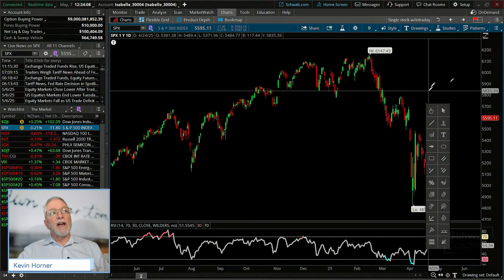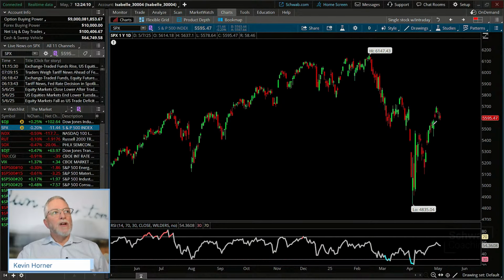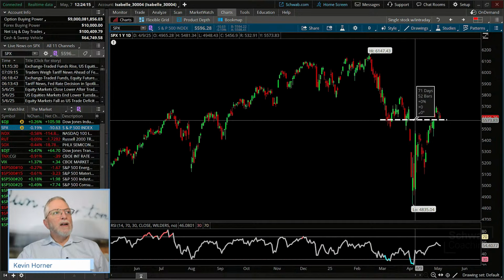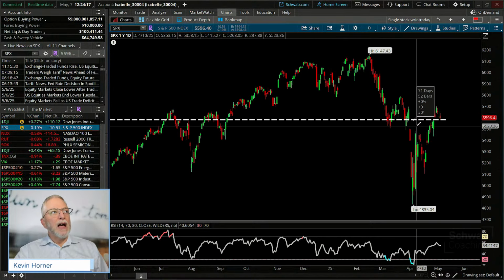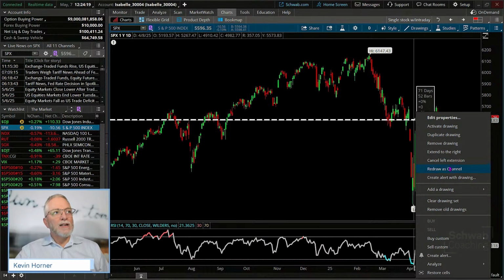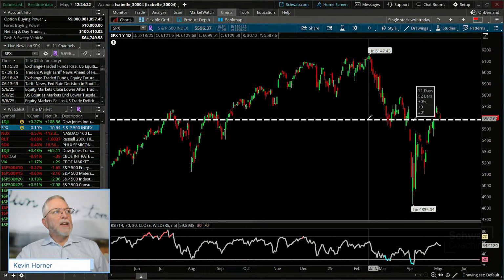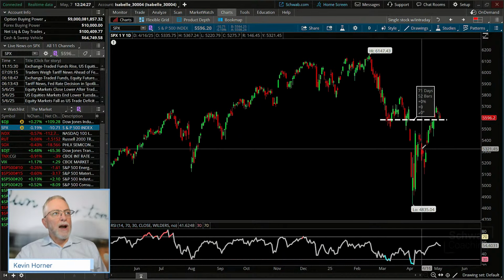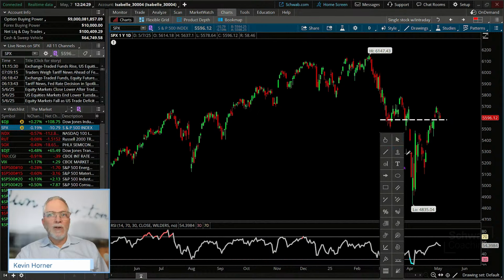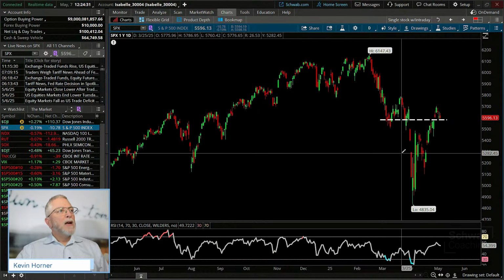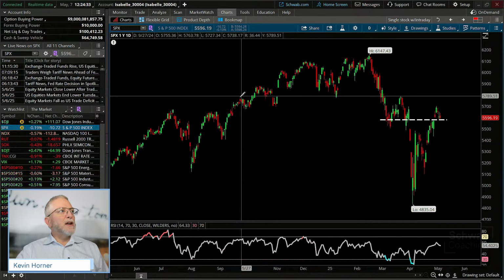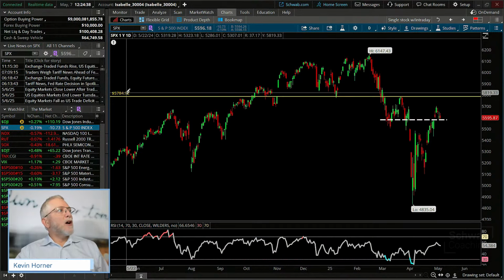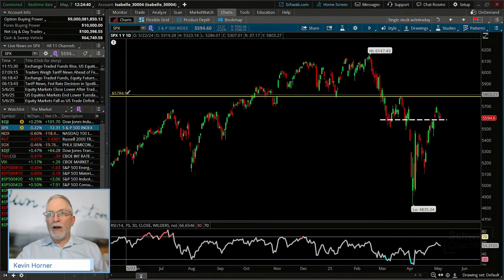So when you're looking at that draw tool, there's two different options. The trend line, which always has a beginning and an end, and you can right click and extend it to the left. You can right click and extend it to the right. You can cancel the extension left. You can cancel the extension right. Now there's also price level, which is this one. And the price level is nice because it'll give you absolute price. You designate where you want it, and you'll notice it automatically places an amount right there for you.